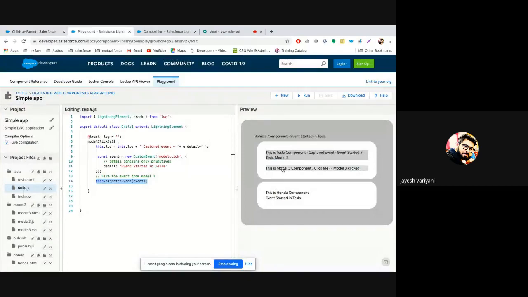From the child component, the event was fired and handled in the parent, and the parent is not stopping there; it is also firing one event which is handled at the grandparent level. Till this point it is clear, right? This explanation from Model 3 to Tesla to vehicle, it's clear to all of you? Any doubts here?